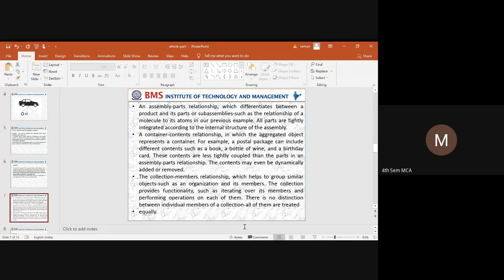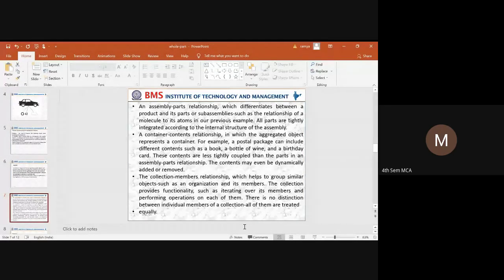If you take a postal package, the letter can be the content and the container can be an envelope. So it is an assembly of the parts. In that way we can look at the whole part pattern as a container contents relationship.